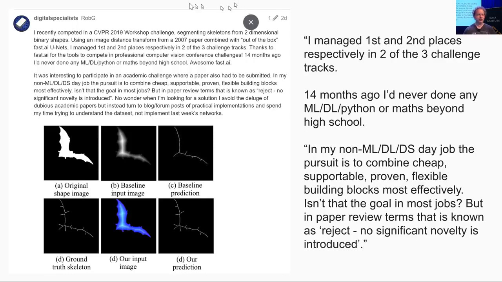Big congrats to Rob G, who said that 14 months ago he'd never done any machine learning or deep learning or Python or maths beyond high school, and he just competed in one of the top academic challenges for computer vision machine learning and came first and second in 2 of the 3 challenge tracks he entered. So congrats, Rob, and I thought this is a great example of the kind of interesting things you can do,